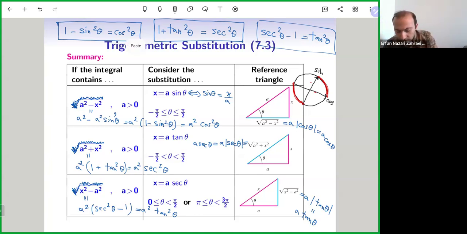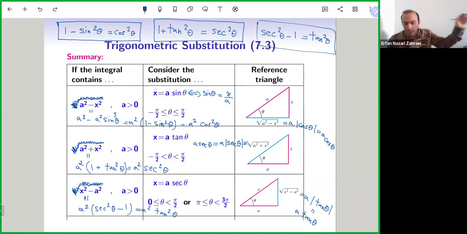You can just memorize this as a rule: for these substitutions that we are doing, when you do the sine substitution and you get the absolute value of cosine, you can drop the absolute value. When you do the tangent substitution and you get the absolute value of secant, you can drop it. And when you do the secant substitution and you get the absolute value of tangent, you can drop it. Basically, you can ignore the absolute value in these substitution methods under these domains. Okay, that's all the lesson.